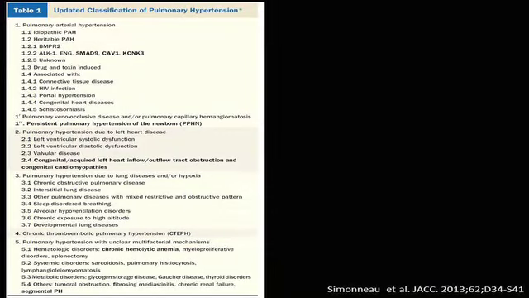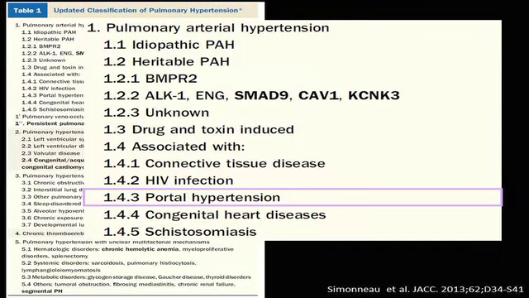As you can see there, this is the updated classification of pulmonary hypertension of the NICE guideline on pulmonary hypertension. And in group 1, you have portal hypertension. And so patients that have cirrhosis with the portal hypertension or portal hypertension due to other reasons, not cirrhosis, and they have high pulmonary pressures, those are the ones that are included here in this classification, part of a group 1 disease,